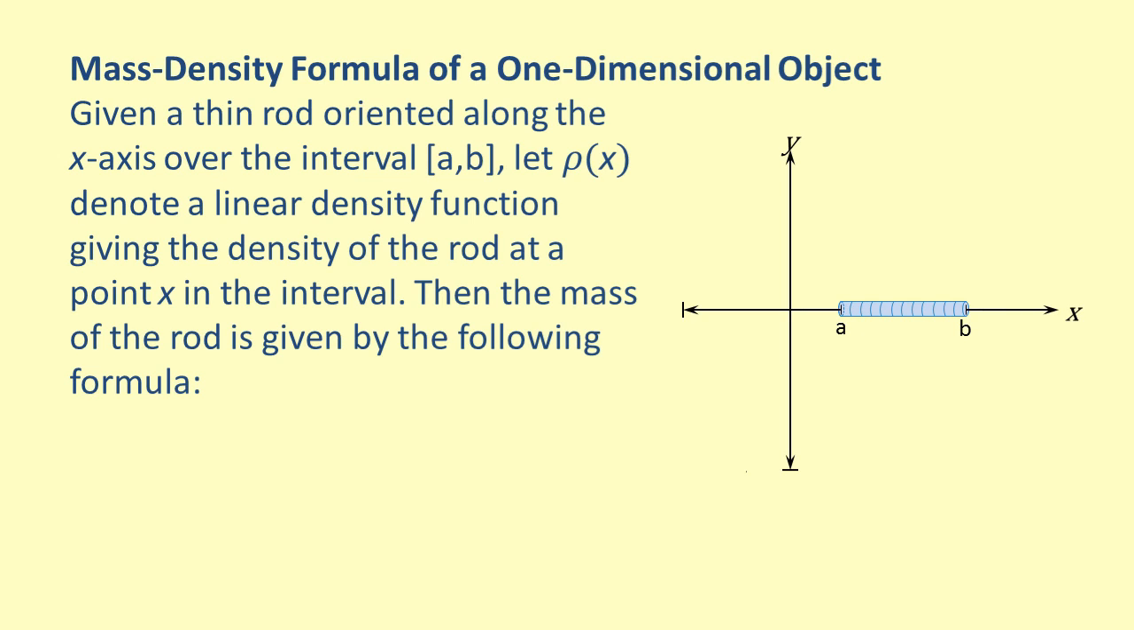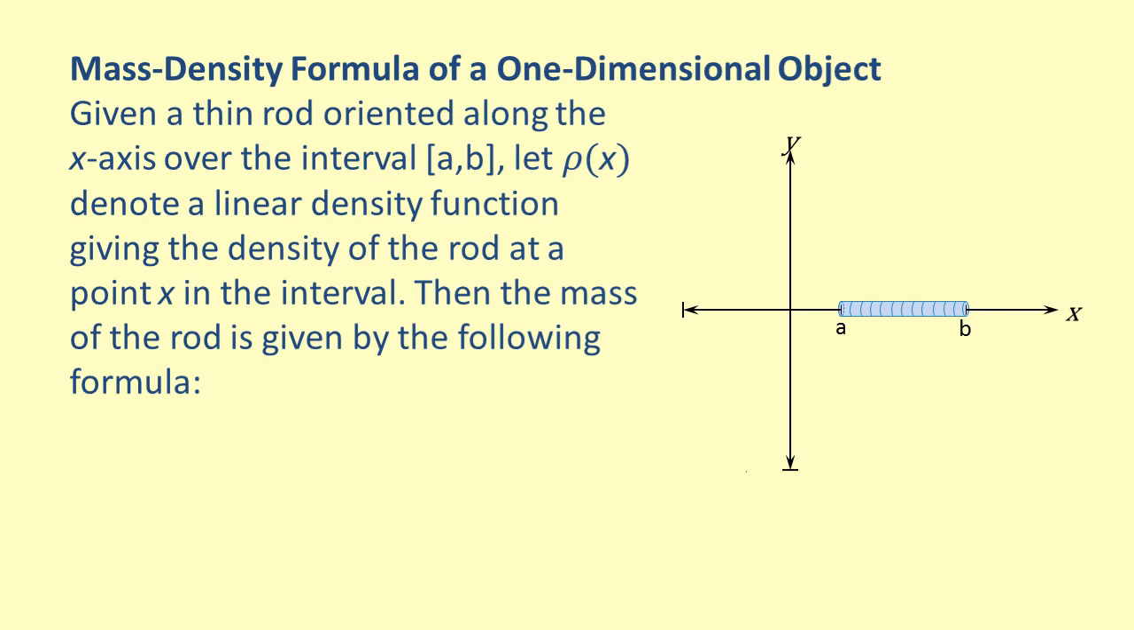Here we are learning about the mass density formula of a one-dimensional object. Consider a rod as shown, oriented along the x-axis, so that the left end of the rod is at x equals a, and the right end of the rod is at x equals b. Note that although the figure appears three-dimensional with some thickness, for mathematical purposes, we assume that the rod is a